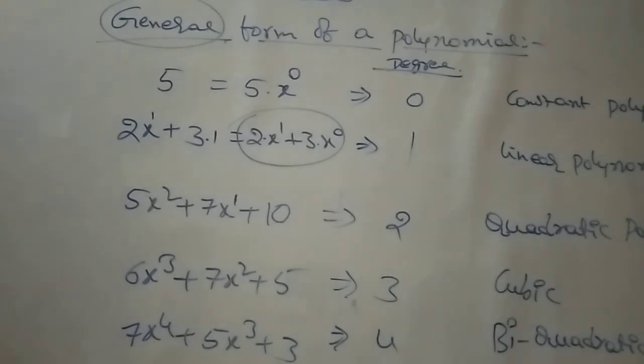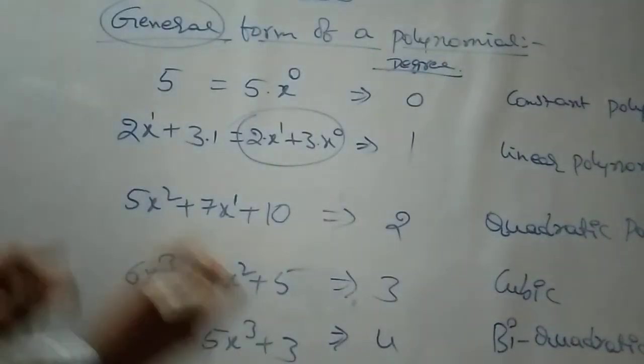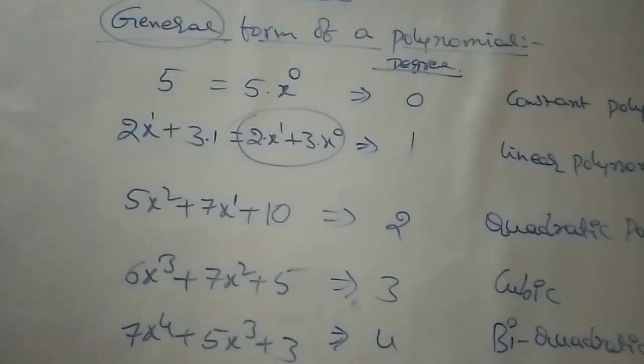What is the degree here? 5. From here onwards we can say this is a 5th degree polynomial. The next are 6th degree, 7th degree, 8th degree, and then nth degree polynomial. If you want, you can copy this. The next one,